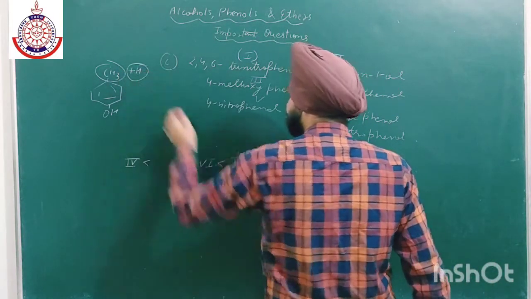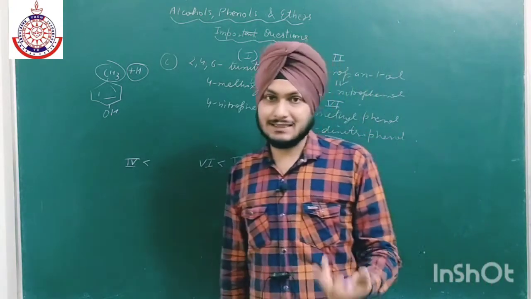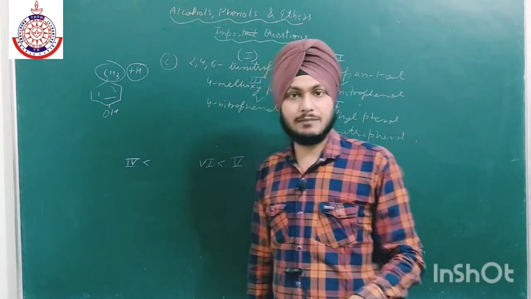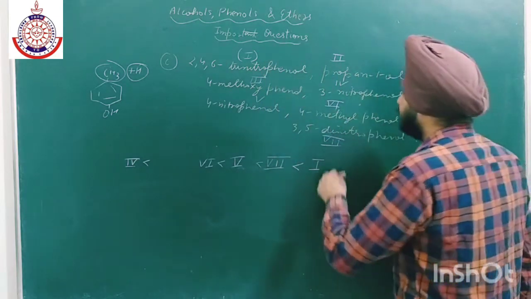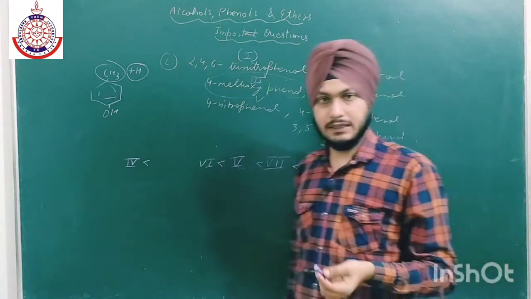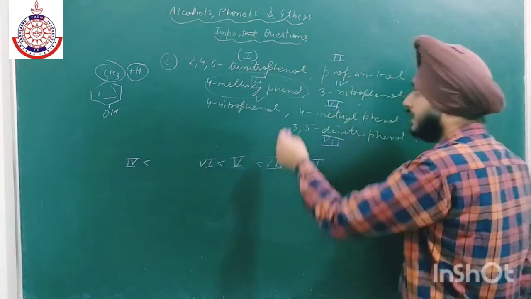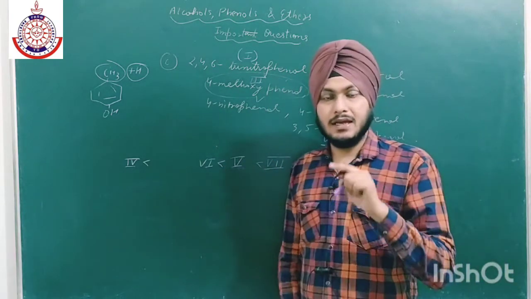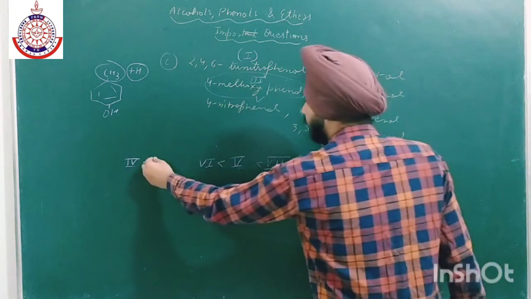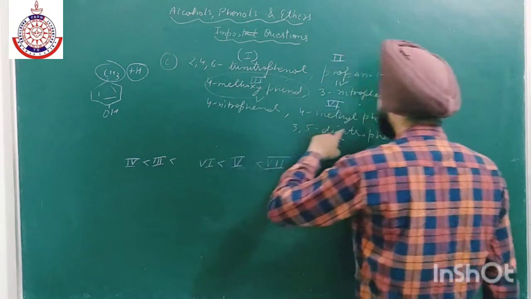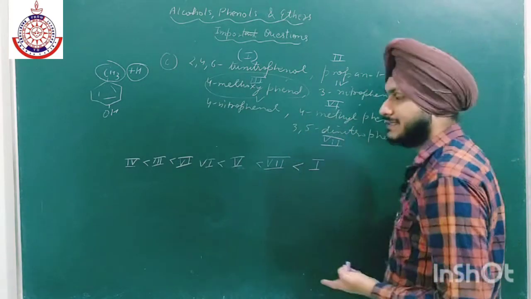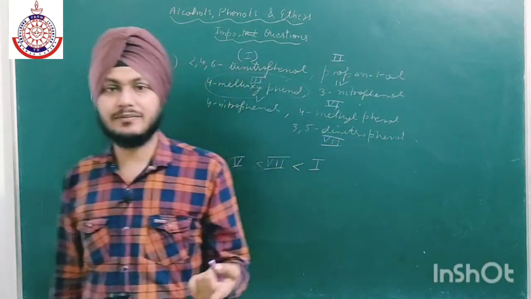The effect of plus H is less than that of plus R. The resonance effect is the strongest, then we have plus H, then we have plus I. So it means the methoxy group is more powerful. It has a plus R effect, so it will destabilize more, or decrease the acidic strength of phenol more. That is why at the second position we have methoxy, and then we have 4-methyl. 4-methylphenol is more acidic than 4-methoxyphenol.